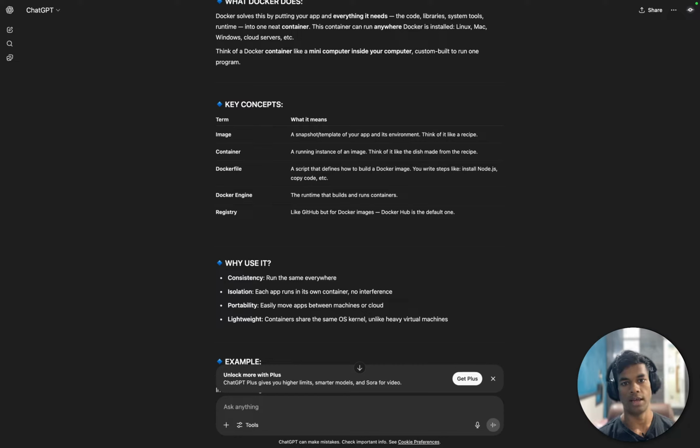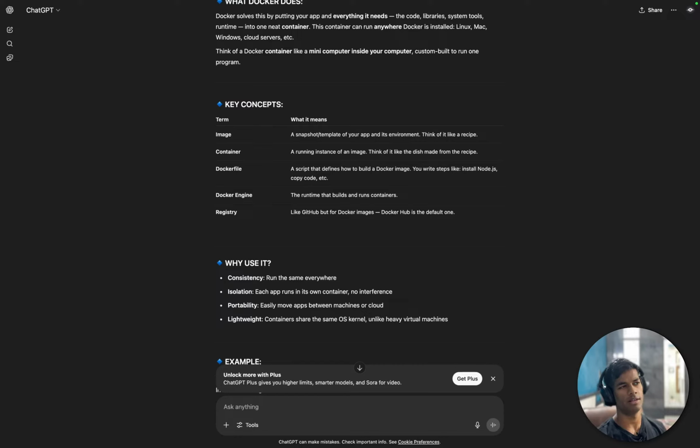Dockerfile: a script that defines how to build a Docker image. You write steps like install Node.js. Okay, yeah. A Dockerfile would be necessary because if your app runs on Node.js, you would add Node.js into your Dockerfile, into your image, right?